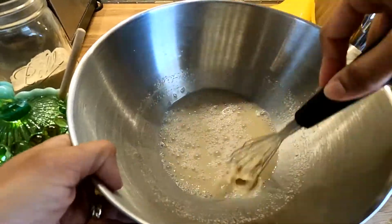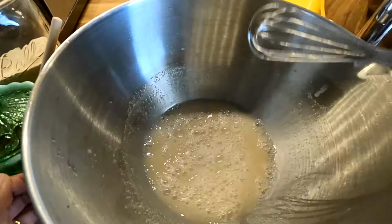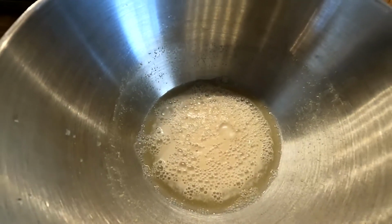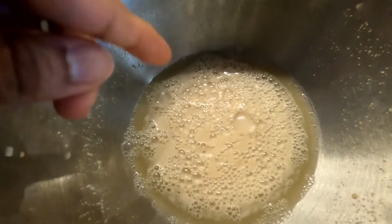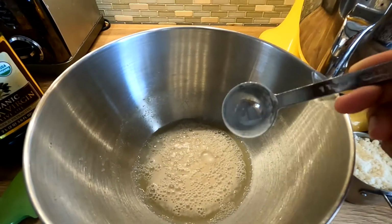Next, get a whisk and just whisk it together. Okay, so we're going to leave this to sit for 5 minutes. So the yeast, honey, and water have been sitting for 5 minutes, and you can see that a coating has formed on top. It's a bubbly coating, so now we're ready to add the next ingredient, which is a tablespoon